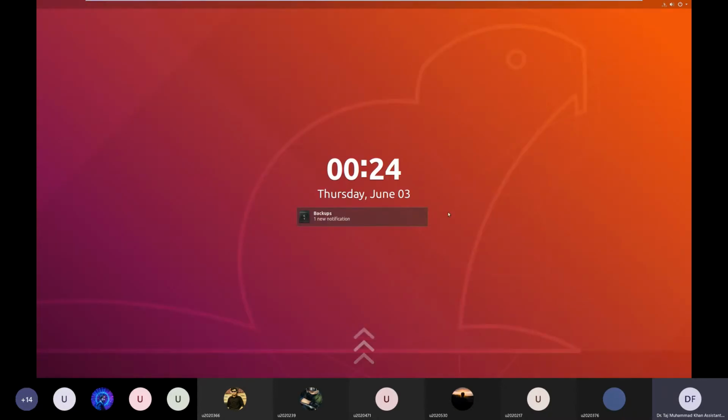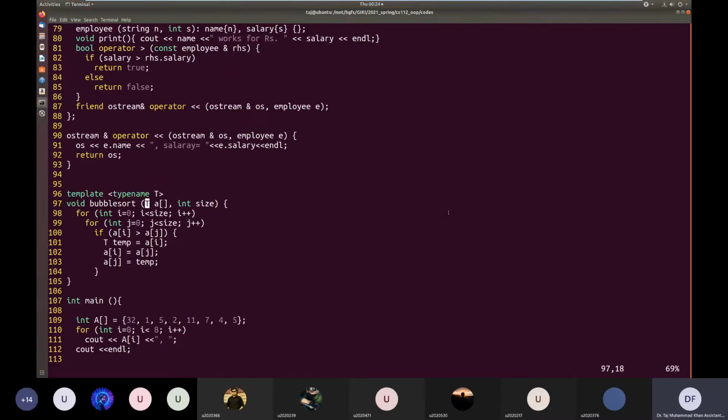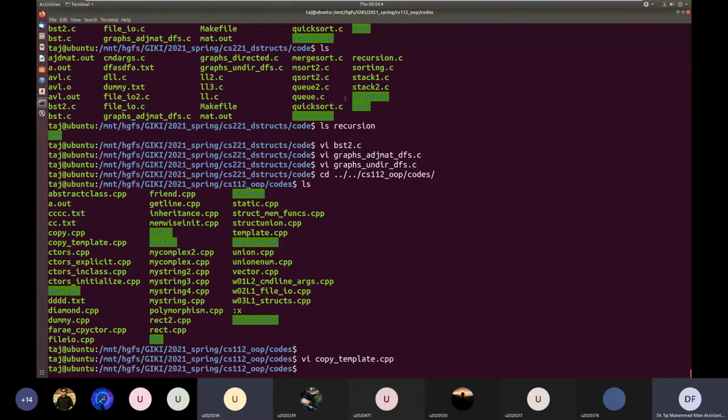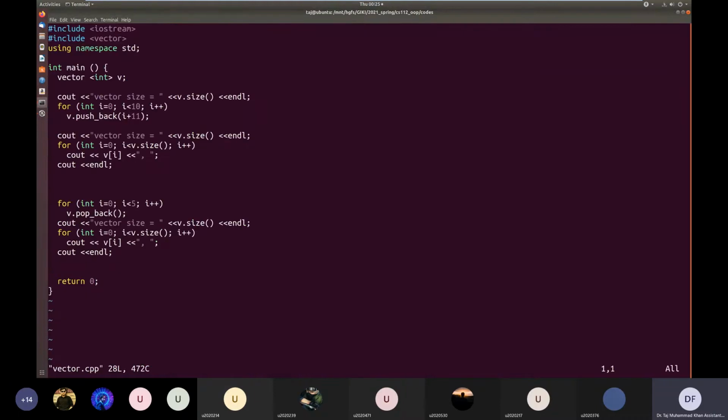One of those containers is a vector. Okay? A vector, let me open that vector file again. So a vector is again a class or a container which is a template.